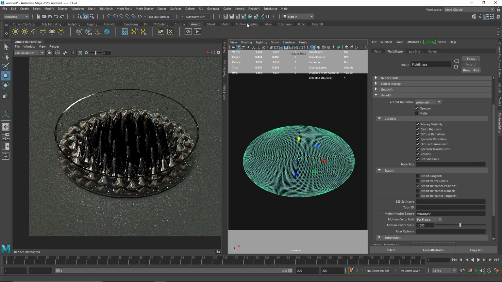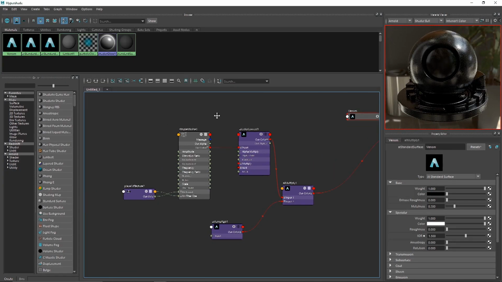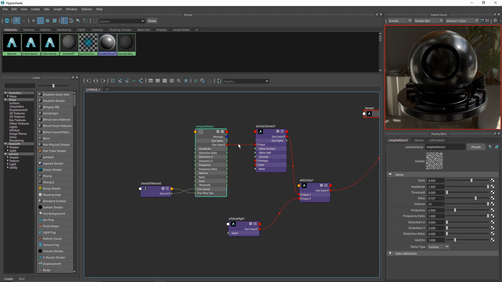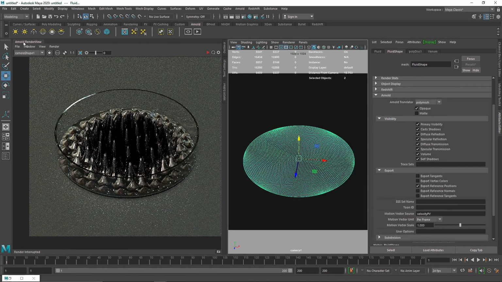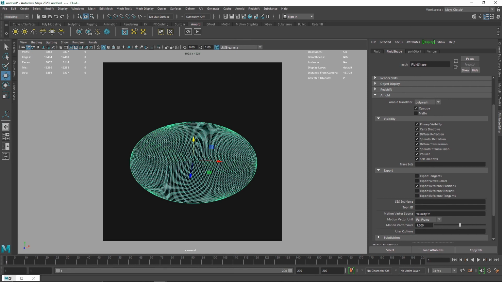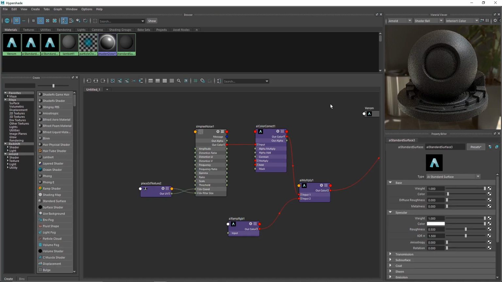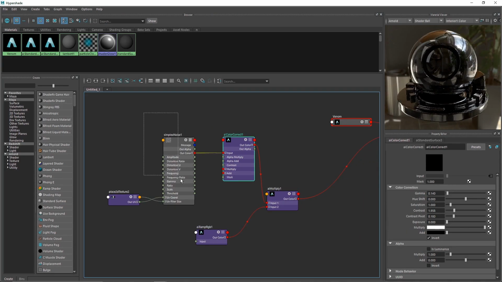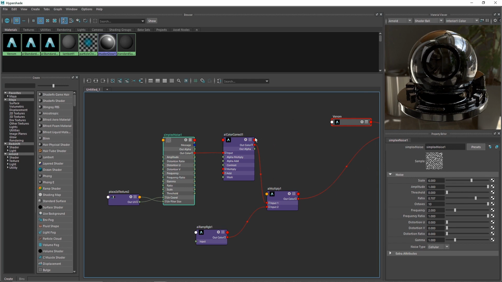So I'm going to select my fluid here, go to hypershade, and this is our texture overall. I'm going to close this because hypershade cannot update its scene unless we update the hypershade here. Alright, so this is what we have.